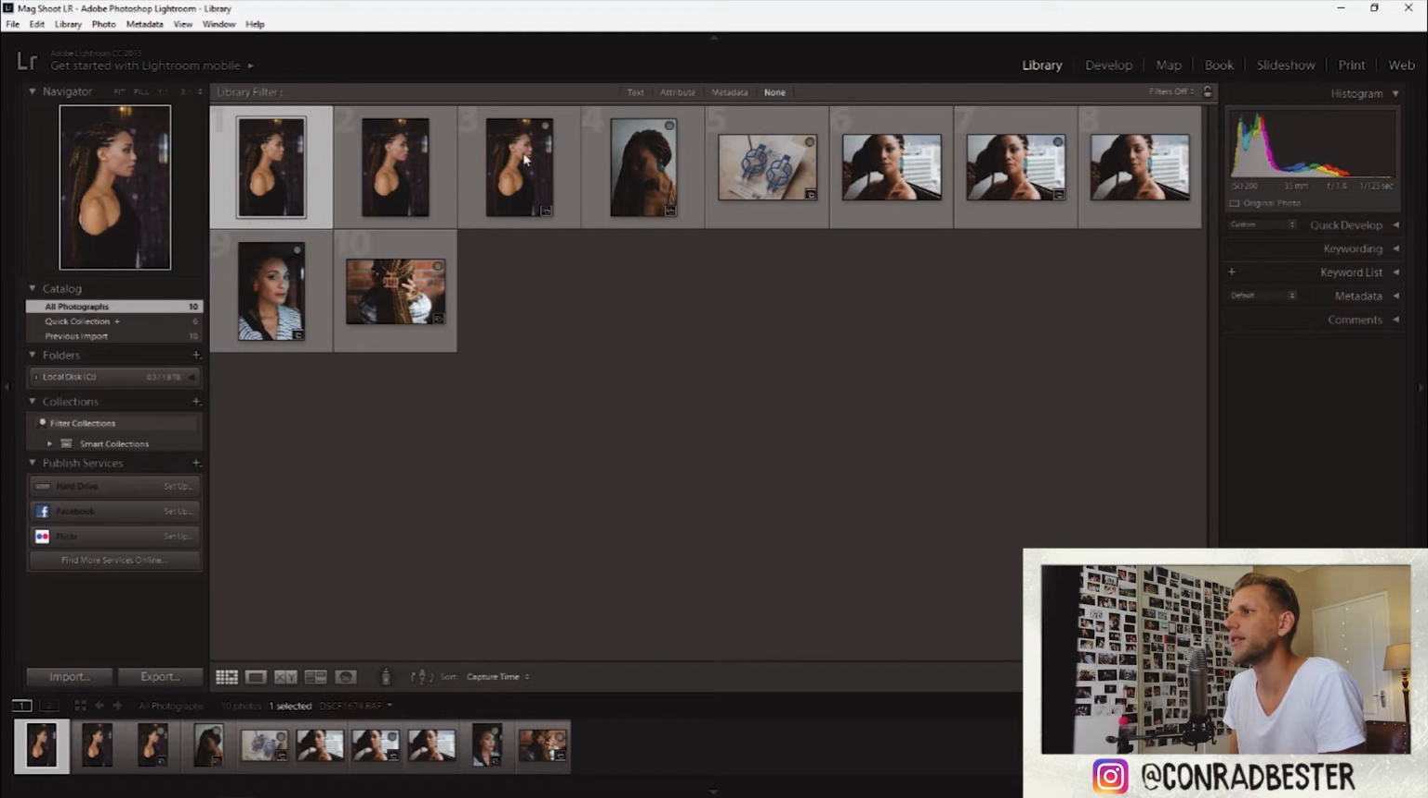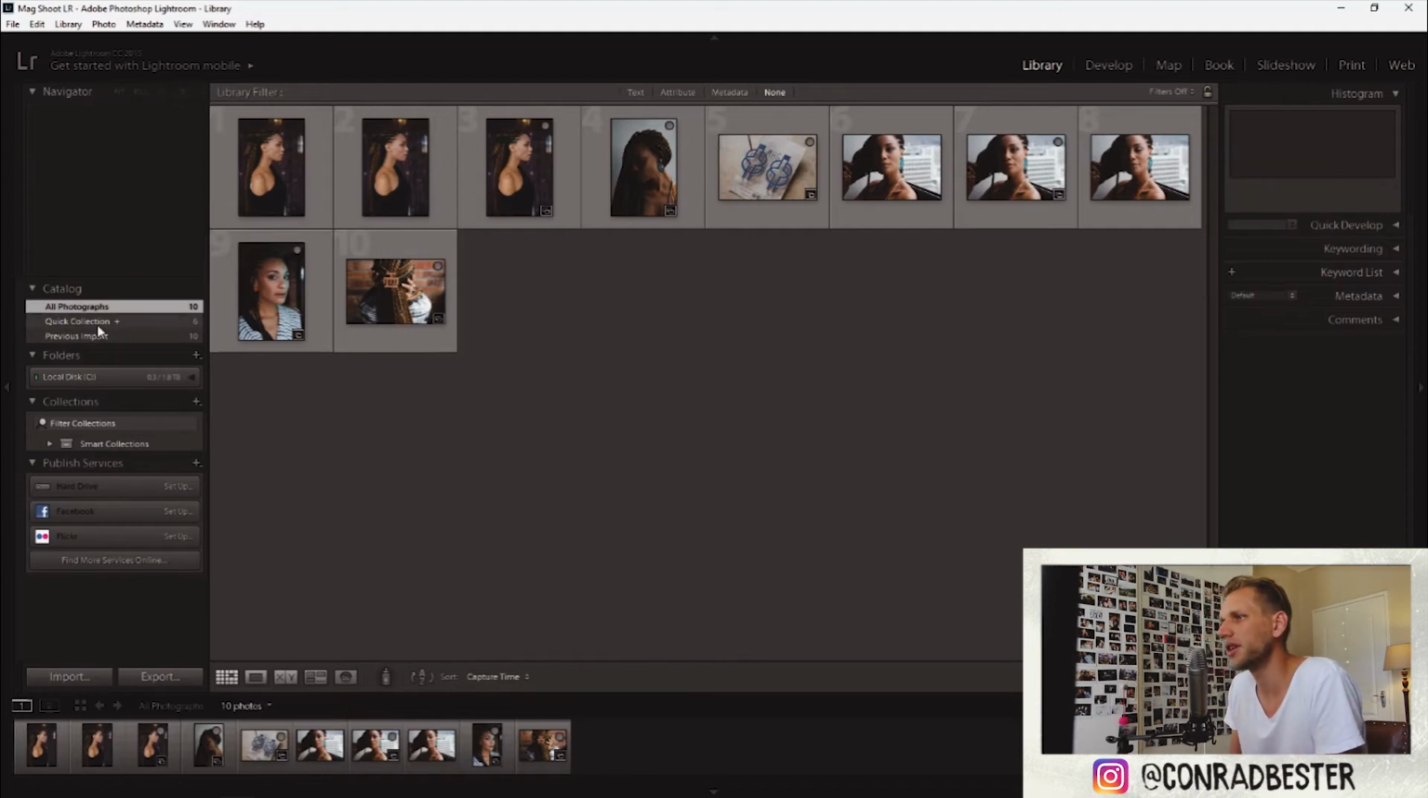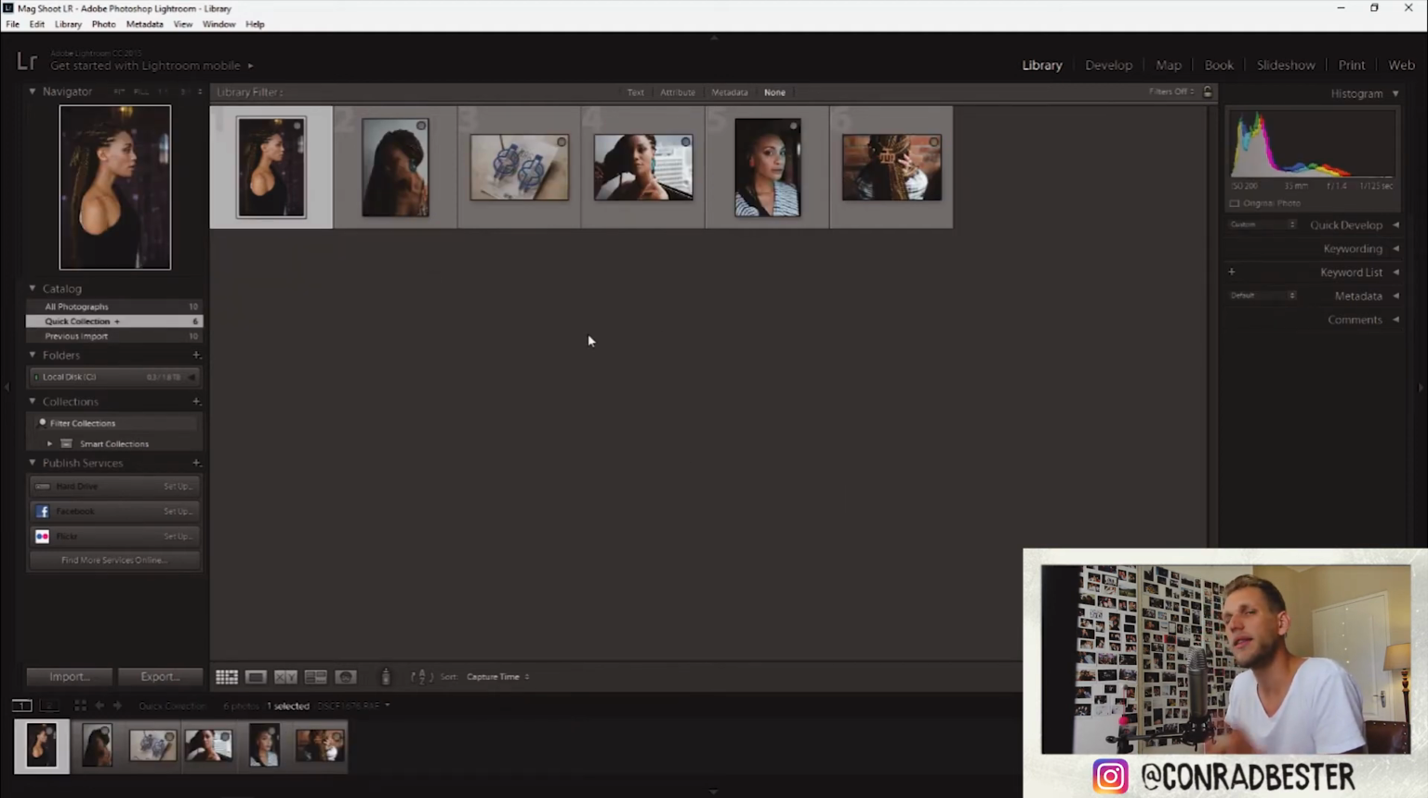Previously you don't want to edit, if this was 300 photos, you don't want to edit all 300 and choose the ones you like at the end. You want to narrow it down to good ones, narrow it down to better ones, and then right at the end you want to export your best ones. So I've got my full collection here, I've got my quick collection here, and these are the ones we're going